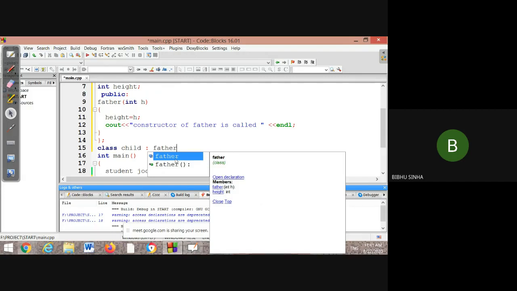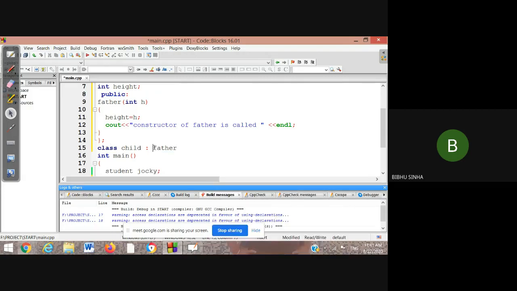One more thing here: if you are giving this father class and you are not specifying an access mode, then it will be inherited in public mode. Get the point? It is inherited in public mode. But if I want to go for private inheritance or protected inheritance, that is the concept we know for inheritance in C++. But if you go to Java, the extends keyword is used, right?